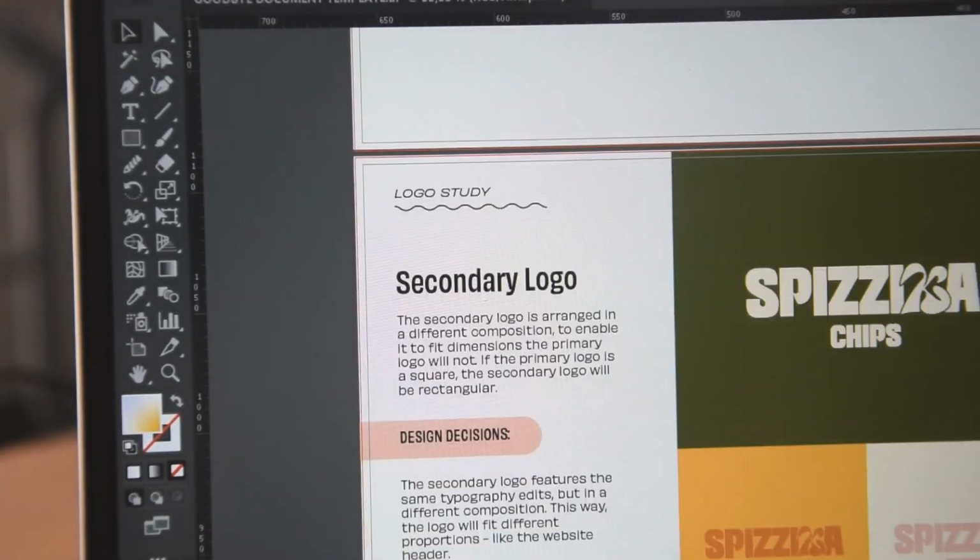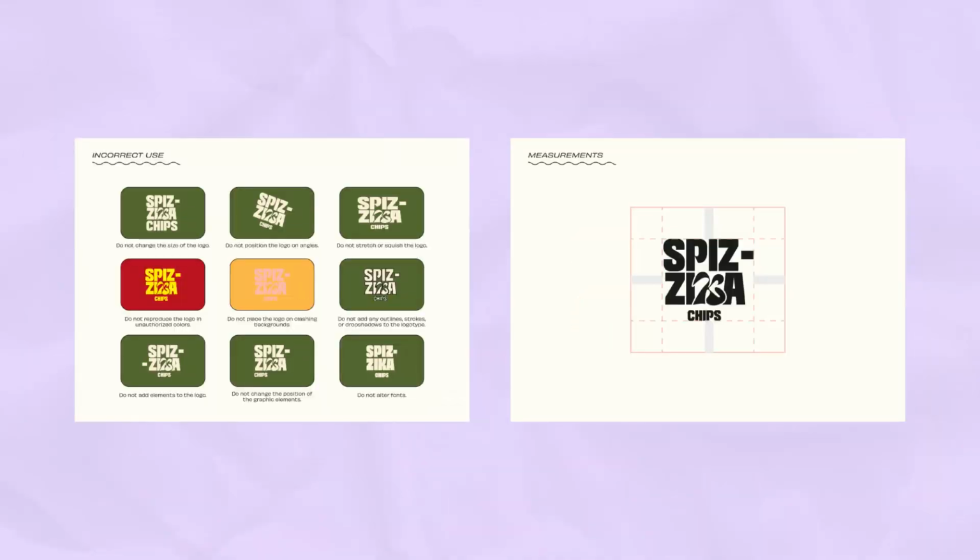Last but not least, probably the most important part of the offboarding process, the brand guidelines. All my clients receive a 30+ page guide which contains every single detail and information about the branding, the fonts, the color codes, what every logo is and when to use it. This document will be their Bible, I don't know. They will use that every time they need to use the branding to make sure they keep it consistent to what we agreed on. All they need to know is there.